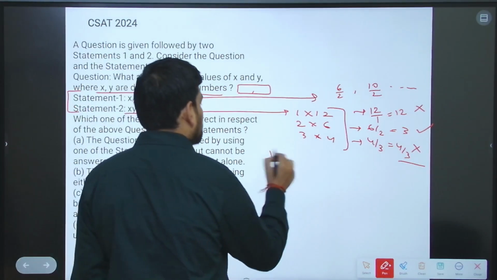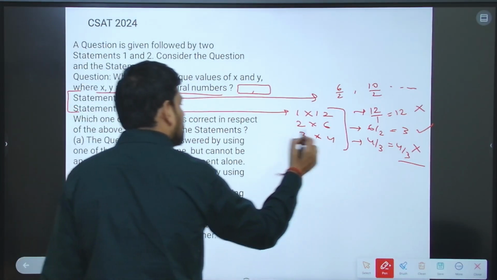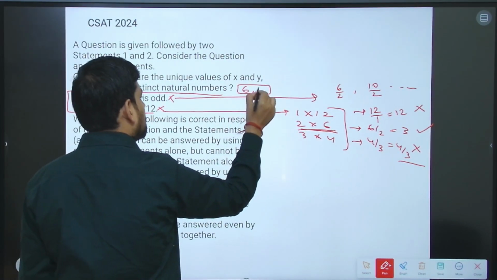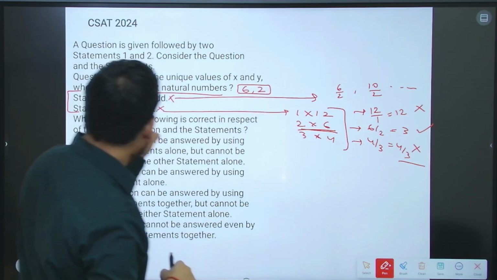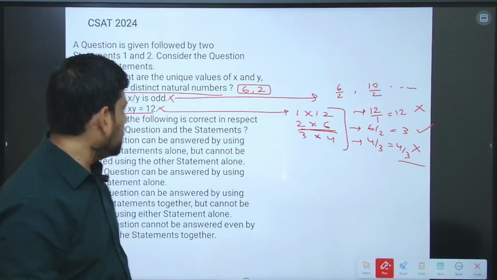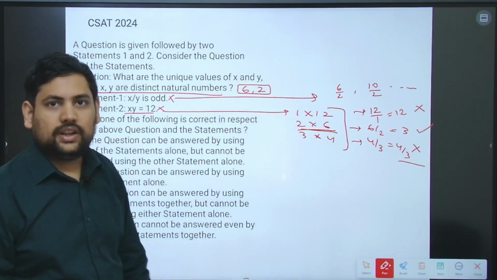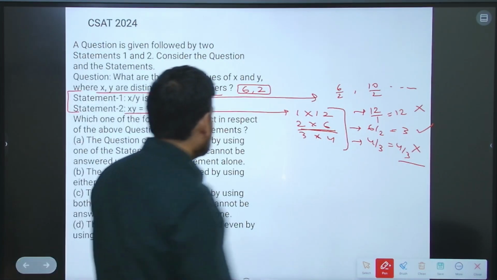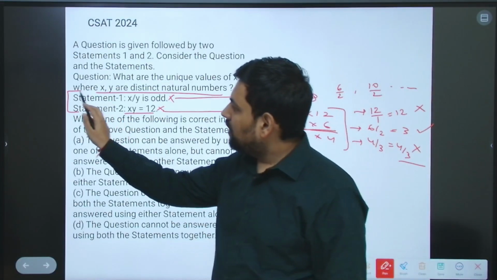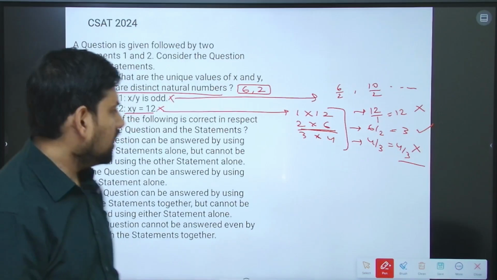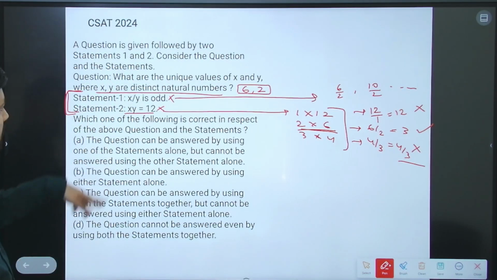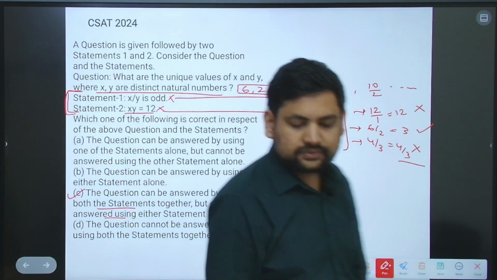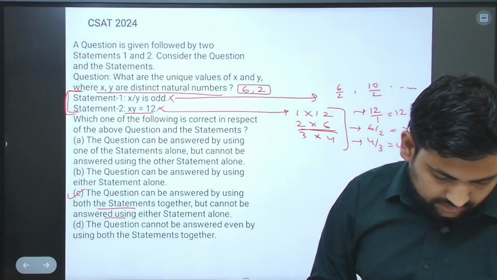So the only possibility that you get here is with respect to this 2 and 6. So the answer becomes x is 6 and y is 2. As you can see, x by y becomes odd, 6 by 2 is 3, odd. Then x into y is 12, 6 into 2 is 12. Both done? Understood? So this is how you have to do it. So basically, if I take both of them together, then I am somehow able to answer this. So the answer becomes: the question can be answered by using both the statements together, but not either statement alone. Then